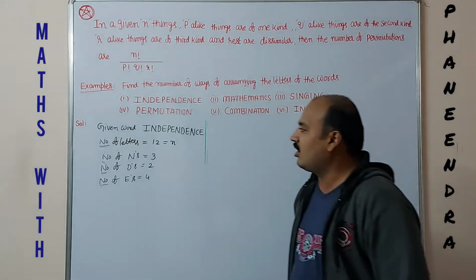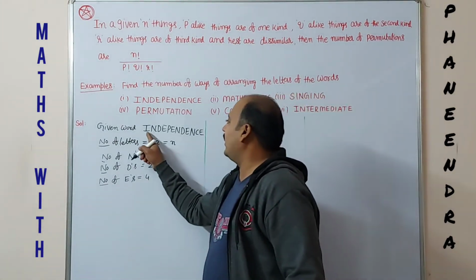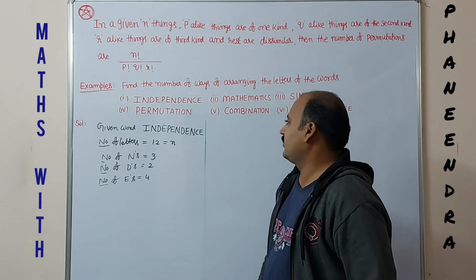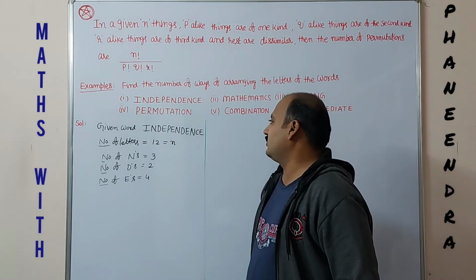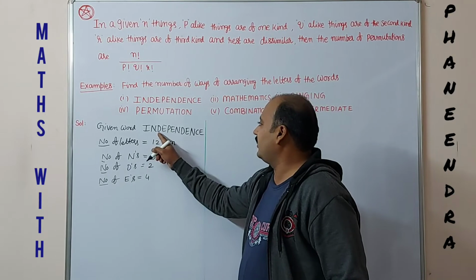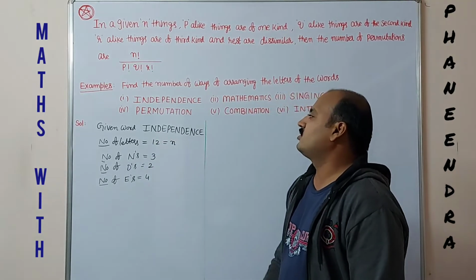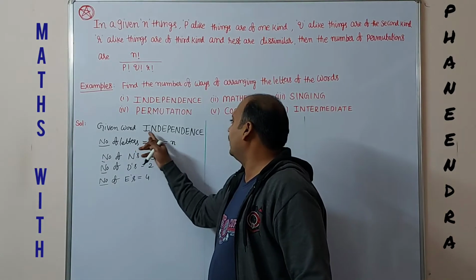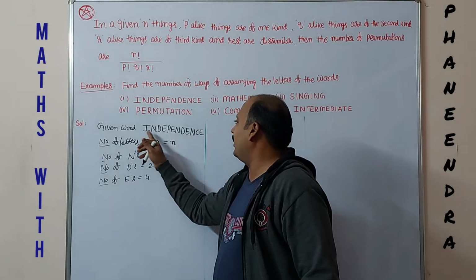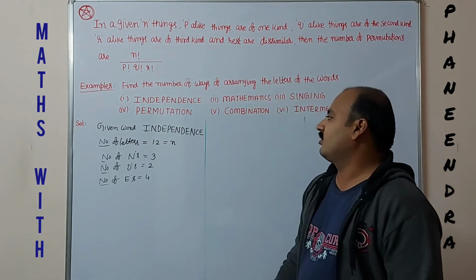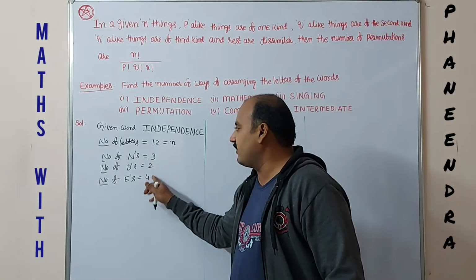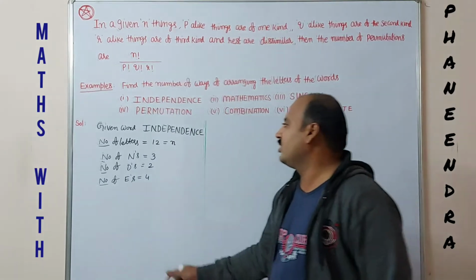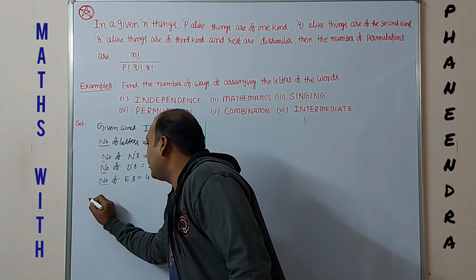So the rest are all one only. I is 1, next P is also 1, C is also 1. N completed, D completed. So the rest are all 1. What are the ones? P, N, I, P, I, C. So remaining here 7, and 5 plus 3 is 12. Anyway, 12. So therefore the number of arrangements,